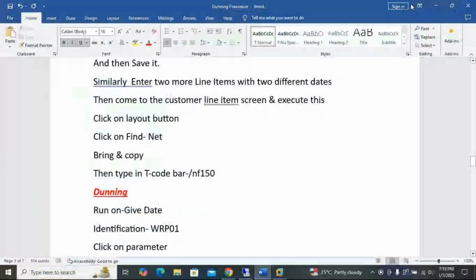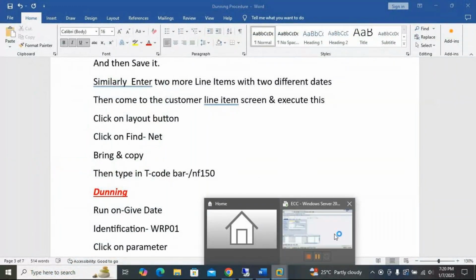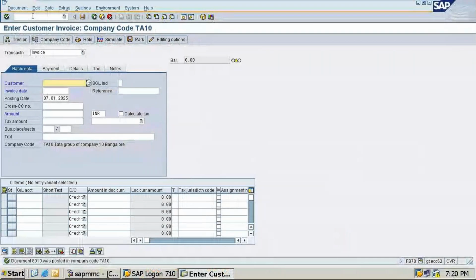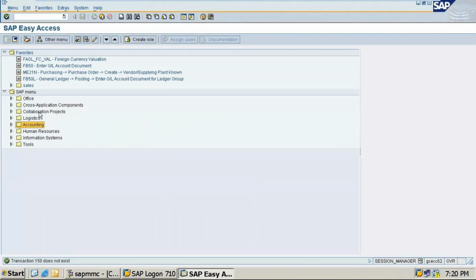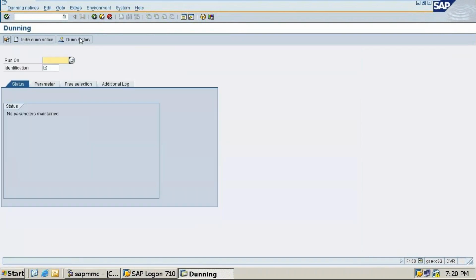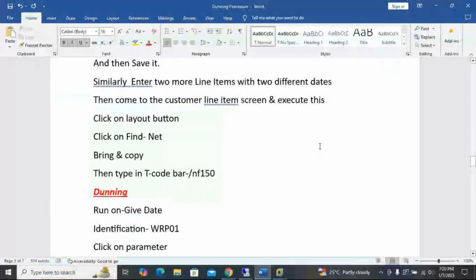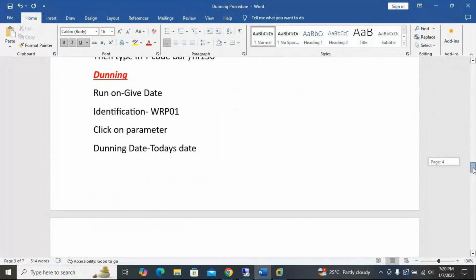Next, after this, type slash n F150. Enter. Here run on this, it is there. So this is the last topic, the last part of the dunning. Then run, and give date and identification. We have to give the correct parameter, dunning today's date.